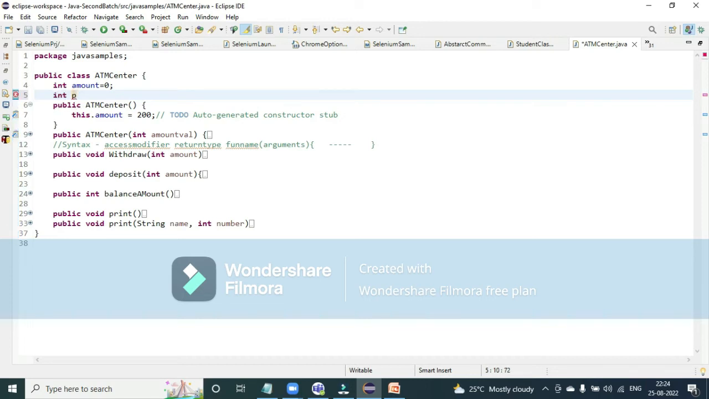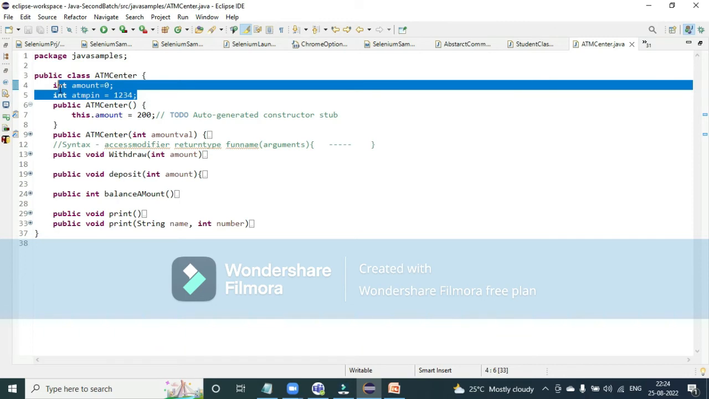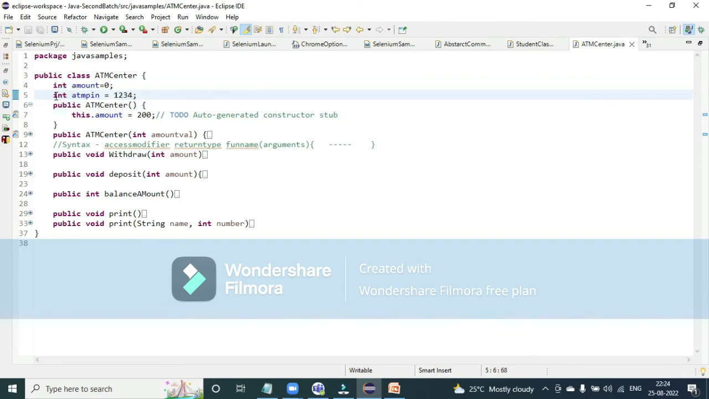What is the code? ATM pin. ATM pin equals 1234. So this is another variable, right? ATM pin is one variable, amount is one variable. Now before this variable, if I have this keyword, static keyword,